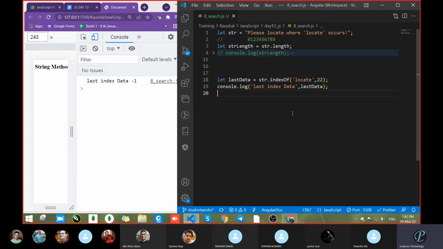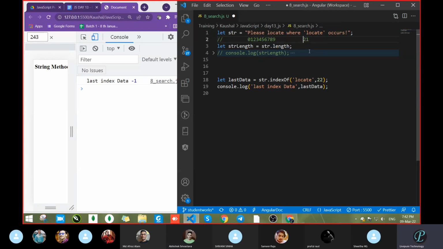-1, because we did not get the value. What is the reason? Can anyone explain? Because after 21 the value is not available, only counting. So when it starts searching, it reached up to here, L. It is at 21.